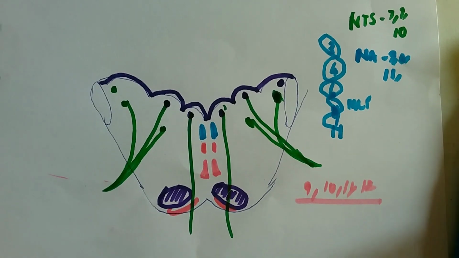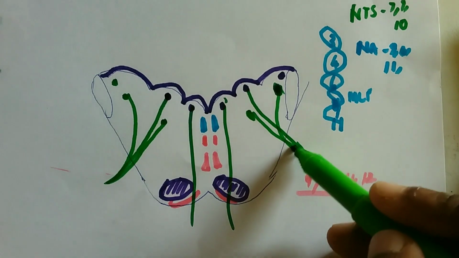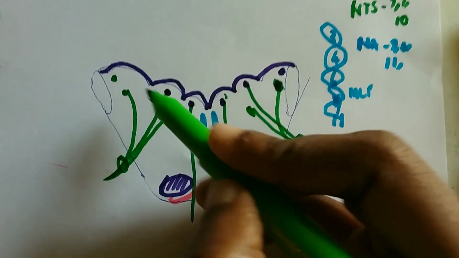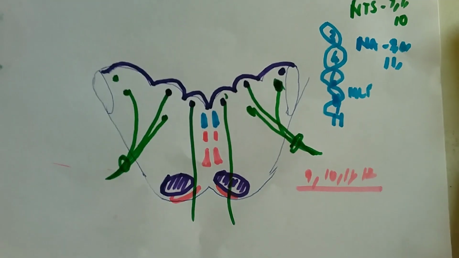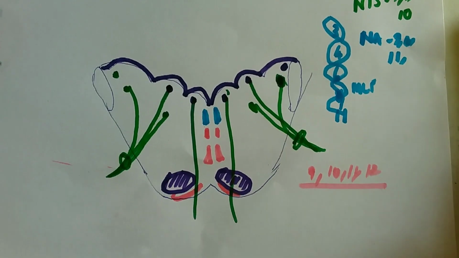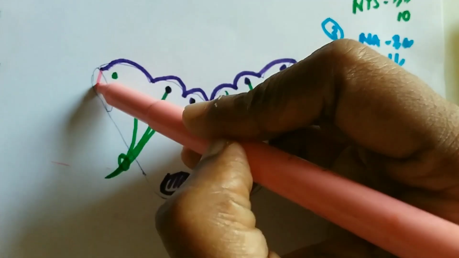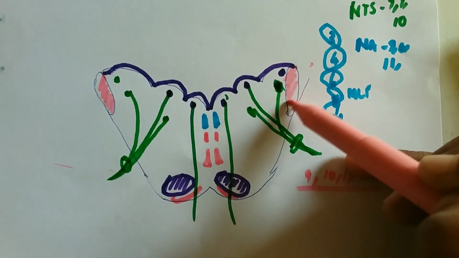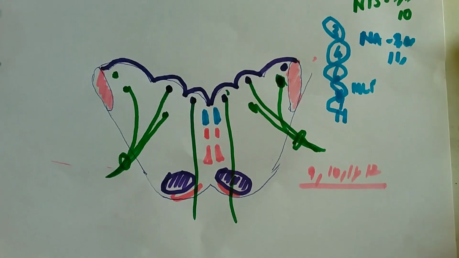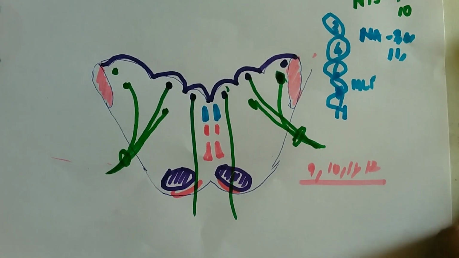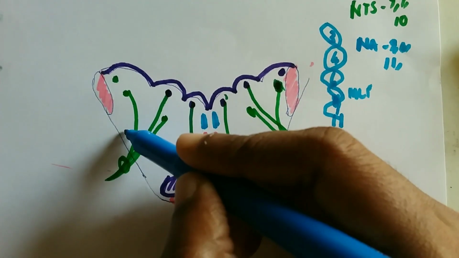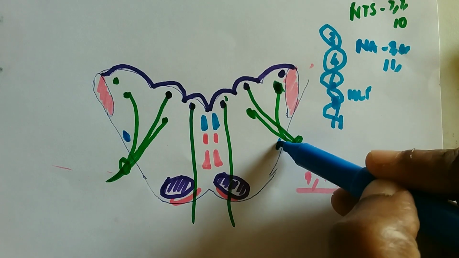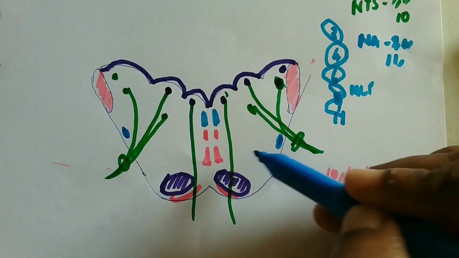So we have drawn all the nuclei, and we'll make a circle over here, and a circle over here, and so this is the peduncle. Which peduncle is this? Cerebellar peduncle. Which cerebellar peduncle? Medulla means inferior cerebellar peduncle. So we have drawn the cerebellar peduncle also. Okay, and then the next important tract we are supposed to draw is your spinothalamic tract. So here we will draw the spinothalamic tract.